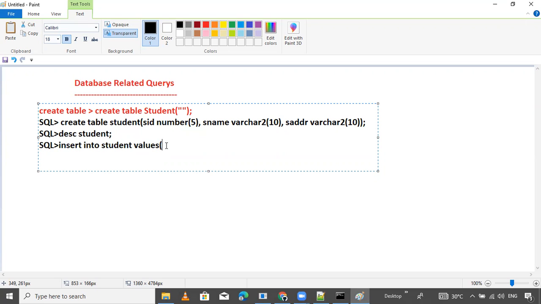So you can pass it here. So first is 101. Why? Because 101 is number type, so a number is not required to be passed within quotes. But if you are passing data to a varchar variable, then use single quotes. Okay, like that. Like suppose Delhi.